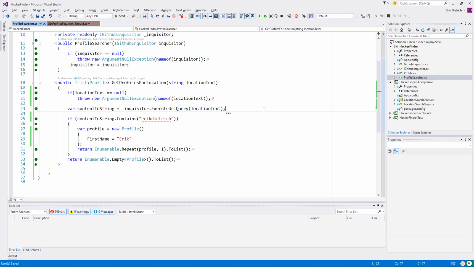I could see three options. We could eat the exception and just return an empty enumeration. I don't like that here because it's not expressive. It doesn't differentiate between you searched for something and there was nothing, or you searched for something and we made a mistake. So I'm not going to return an empty enumeration.